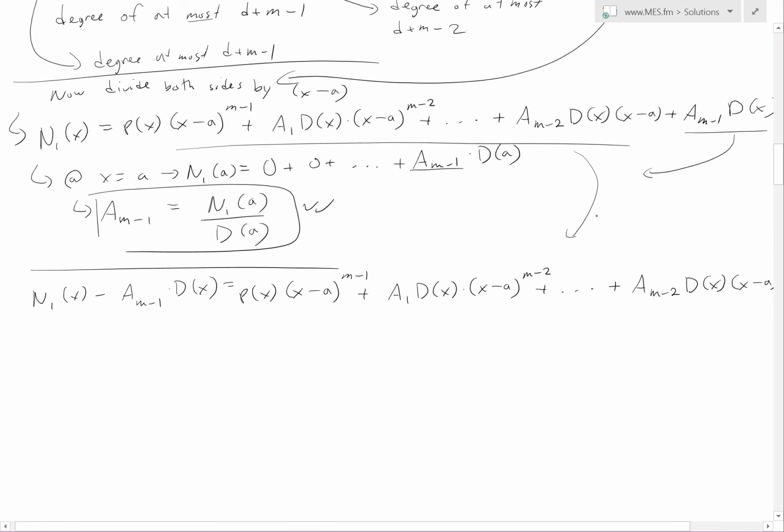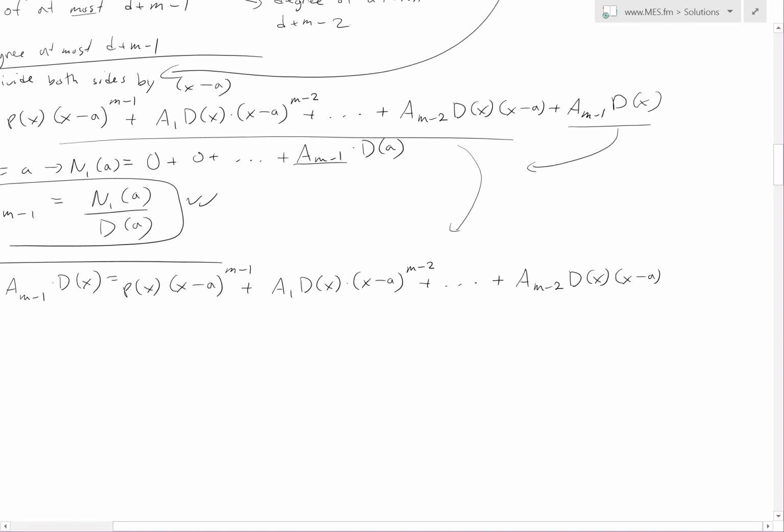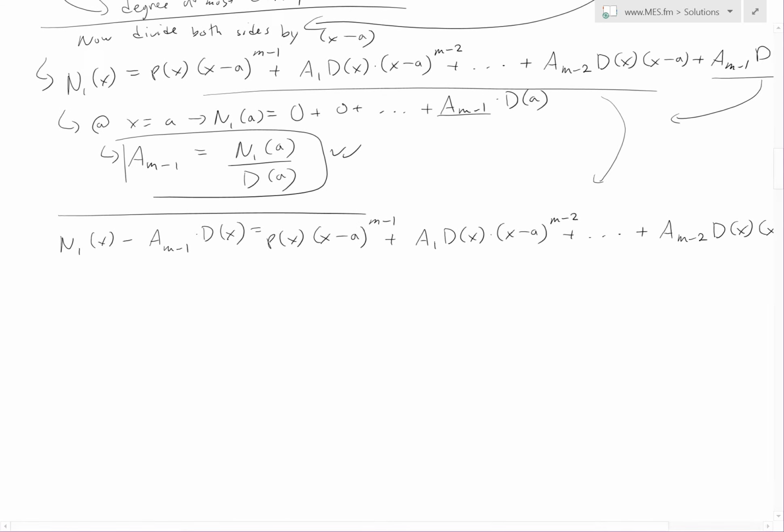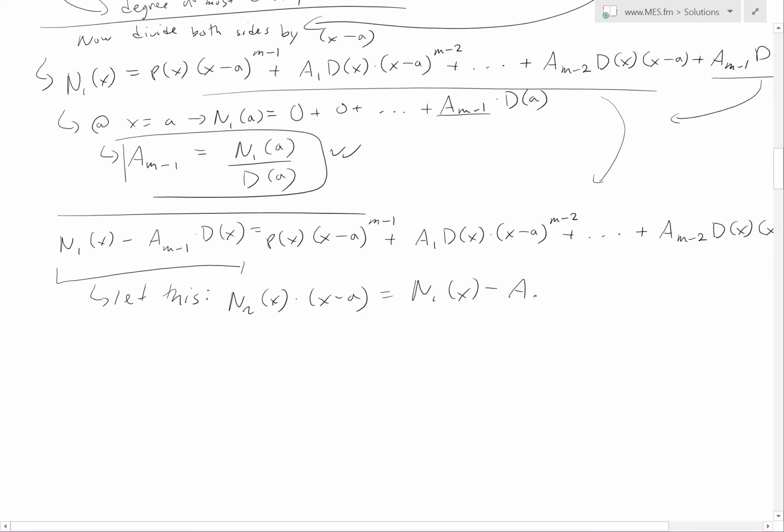As you can see, if we move it to the left side, similar to what we just did, we would again let this equal n2 of x times x minus a. So we let it equal a form like this, n1 of x minus a m minus 1 times d of x. And now we know that the degree of this whole thing is at most